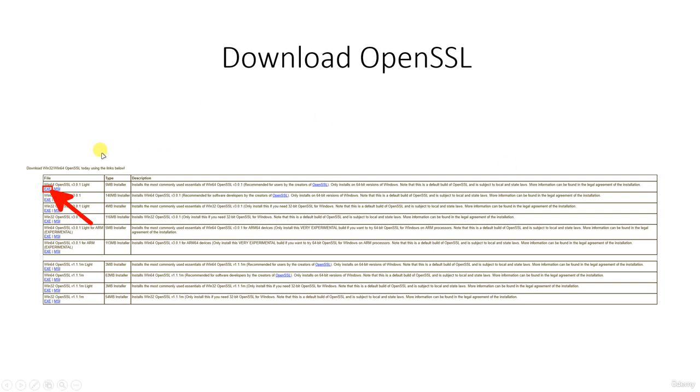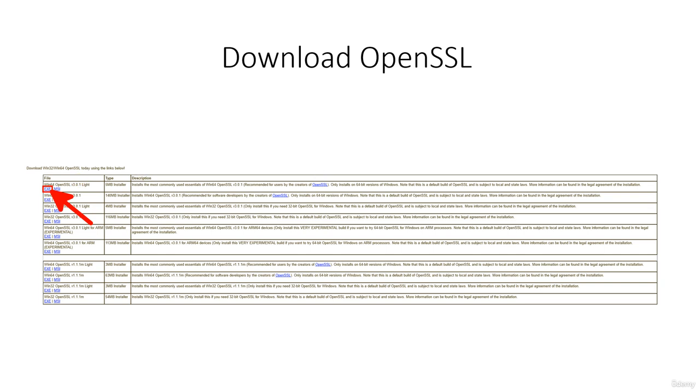As you can see here, we are using the light version of the exe, OpenSSL 3.0 Lite. I am using the light version to test this out. You can use another version, but I will ask you to follow this same procedure. That's why I just chose the light version,